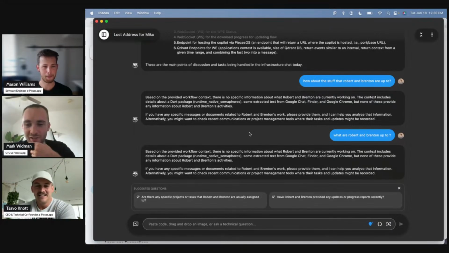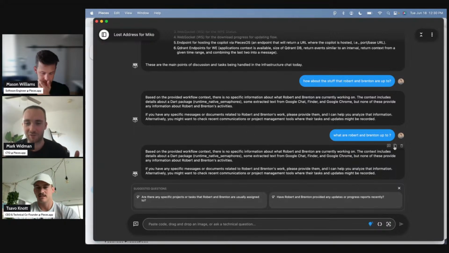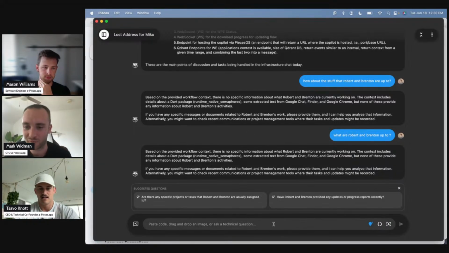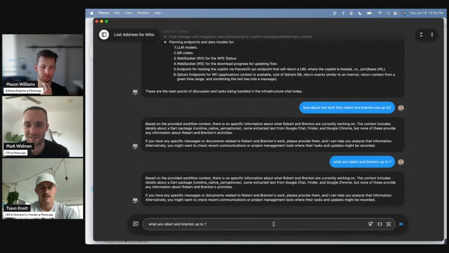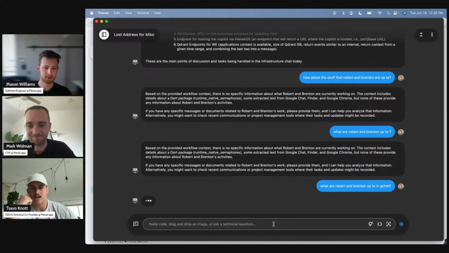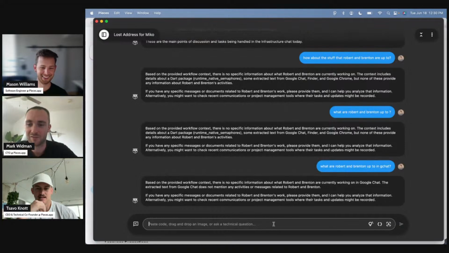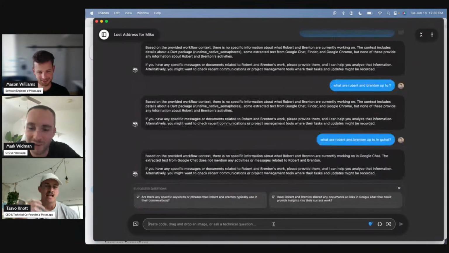There's also little tweaks that we always change with the prompt. Sometimes even just saying, hey, from GChat, like Savo mentioned, also increases the success rate and all that sort of fun stuff. Yeah, you can kind of specify. That being said, that's the same with a lot of different LLMs. But I know we have some stuff coming down the pipeline to also enable that to be more configurable as well. Oh shoot! Dang.